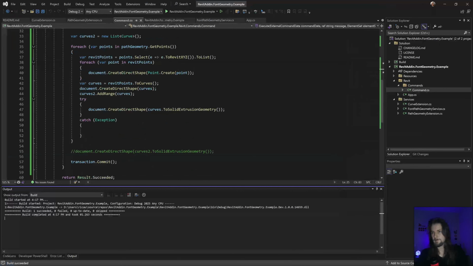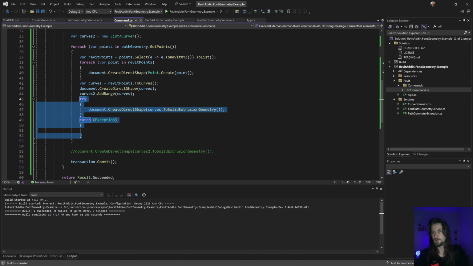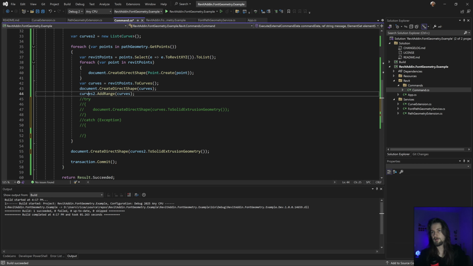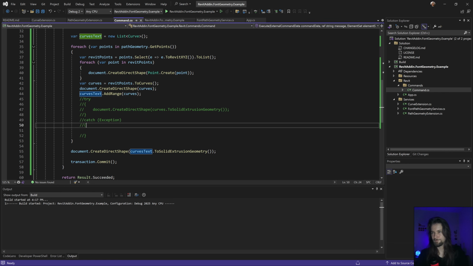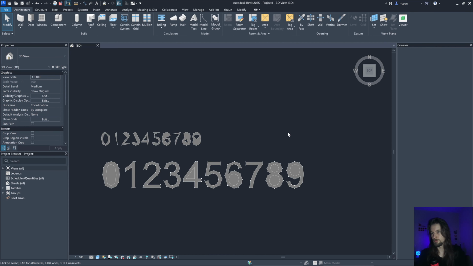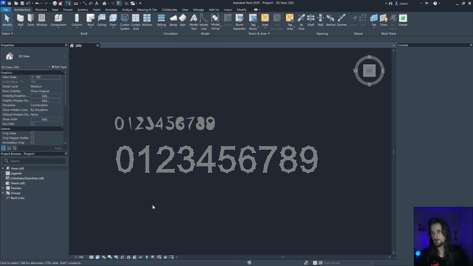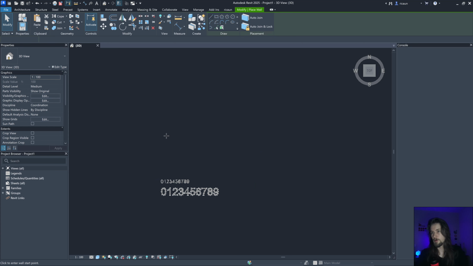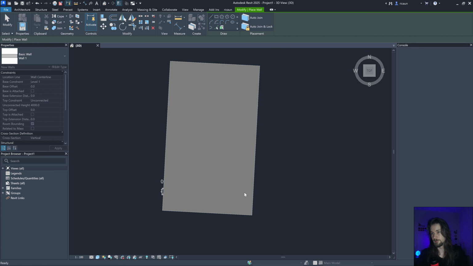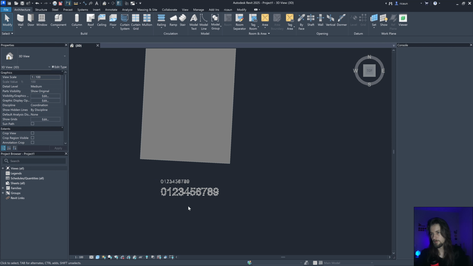Okay, let's remove this and add this back curve text, something like that. Yeah, this should work fine. This is my font. This is the wall, just for reference, because this is really small.